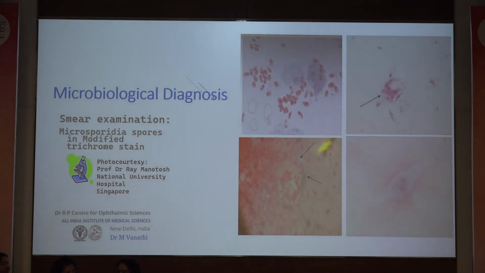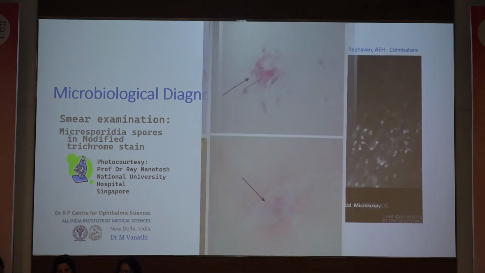So we'll just look at a few diagnostic slides here. Smear examination is mostly diagnostic for these organisms, but that happens when you have a clinical diagnosis or a clinical query in your mind. A simple smear could be an acid-fast stain. What is characteristic is a trichrome stain. You could look at calcofluor, but calcofluor will need an immunofluorescent microscope, and you would get these intracellular oval bodies, which have a very characteristic appearance of microsporidia.